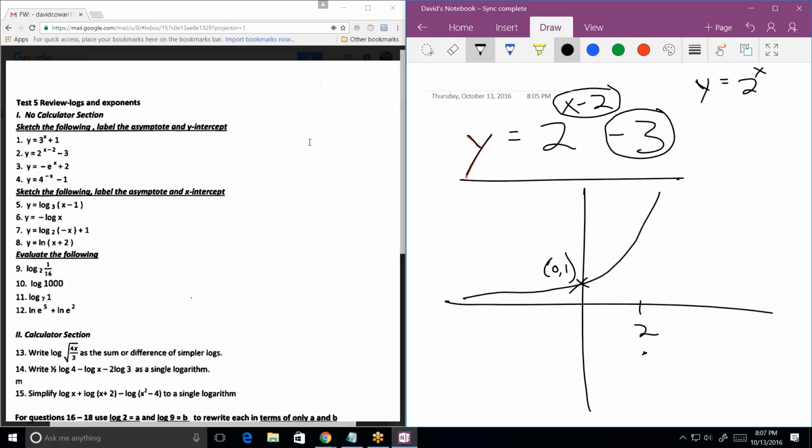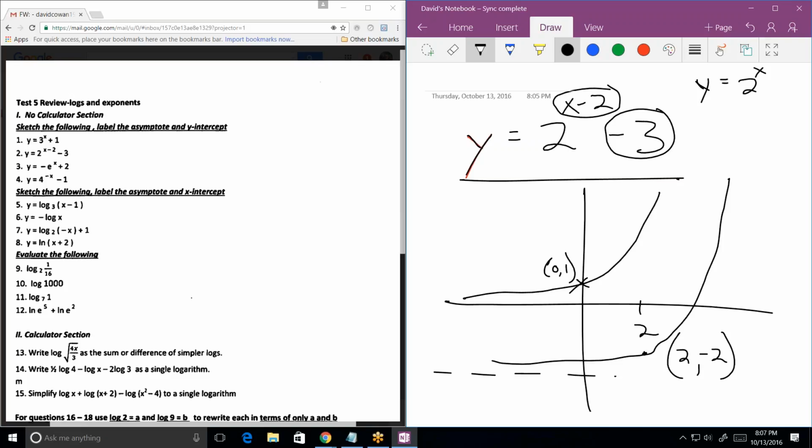So it goes right there. That point is now 2, minus 2. And the curve has the same shape, but a different